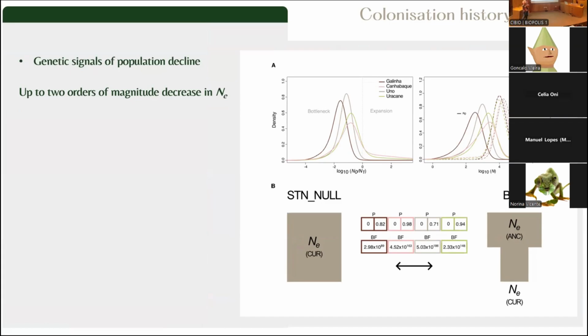results of this part. So in A, we have the plots for the MSVAR. And on the first one, if the log of the N0, N1, so ancestral population size and current effective population size, is below 0, it suggests population contraction. If it's above 0, it suggests a population expansion. And there is some degree of uncertainty for some of the populations, but usually we see